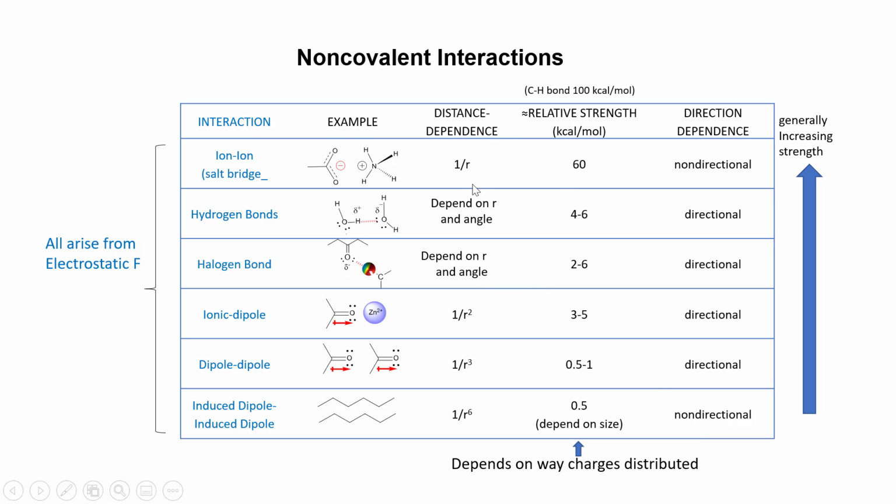Hopefully you now have a better understanding of the relative strengths of the noncovalent interactions and how they depend on the size of the charge and the distribution of the electrons and the distance between them. There is no hydrophobic force, but you can use the term hydrophobic interaction instead. Sometimes all of the interactions, excepting those involving ions, such as an ion-ion interaction, are collectively called van der Waals interactions. But they should not be called van der Waals forces. Likewise, it's best to use induced dipole interactions